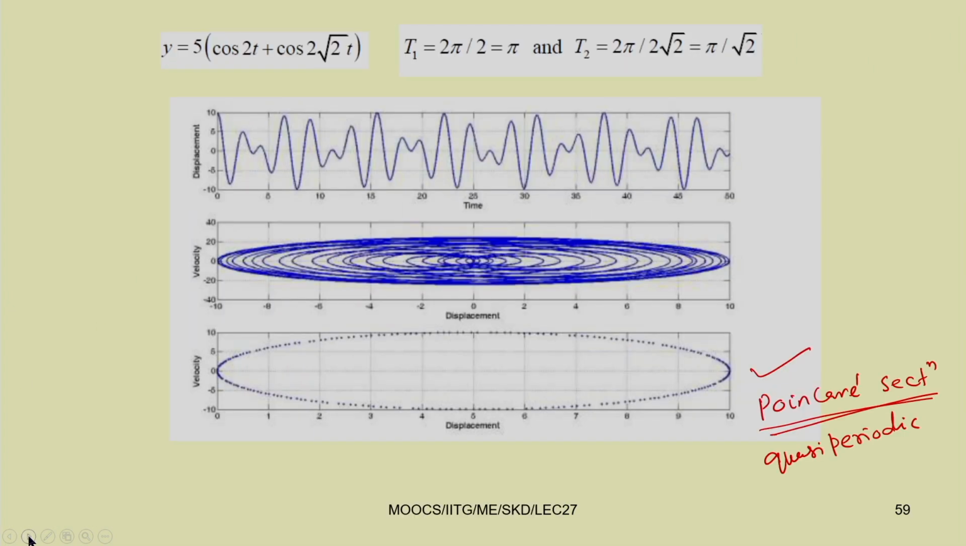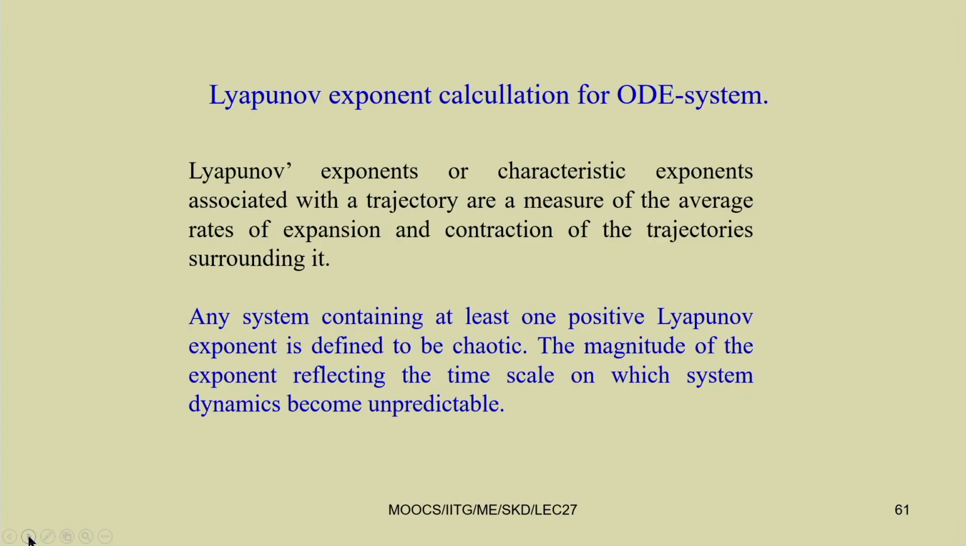So, you can get the Poincare section with 3 points for that case. So, let us see another term which is commonly used in case of the nonlinear system, that is the Lyapunov exponent. Actually, Lyapunov exponent or the characteristic exponent associated with a trajectory is a measure of the average